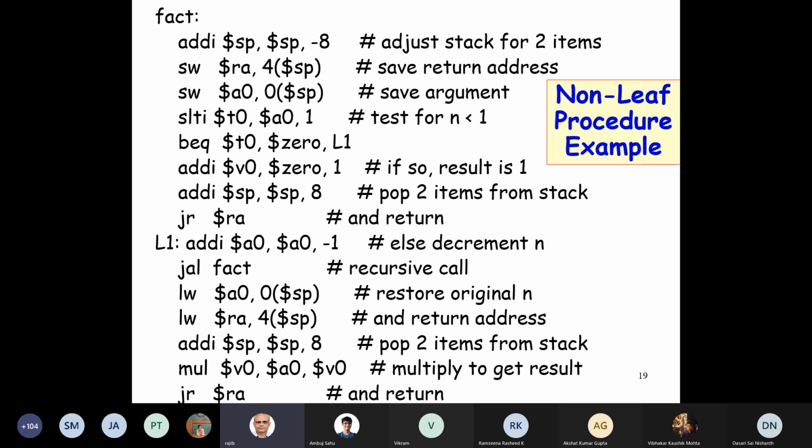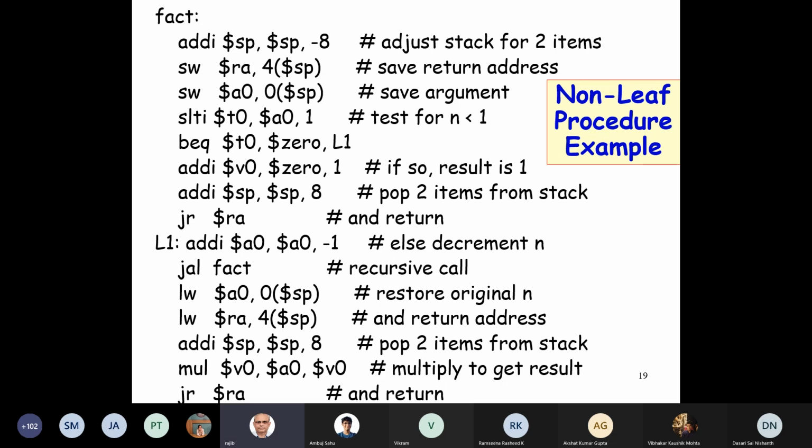On the other hand, if it is non-zero, so basically n is not less than 1, we will jump to L1 label, and here in the L1 label we decrement n and call recursively the fact procedure.